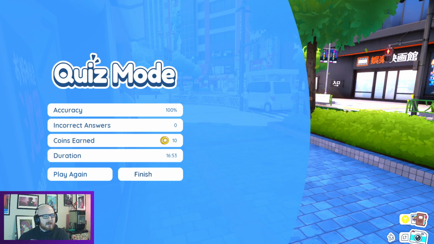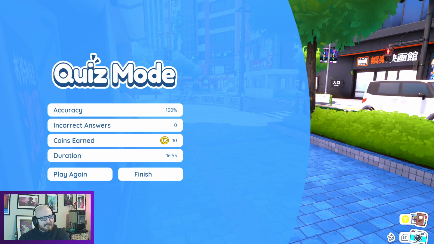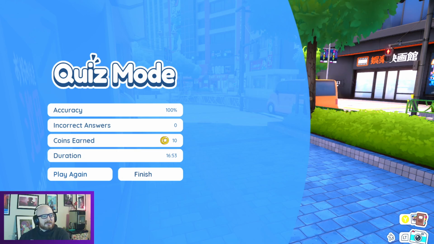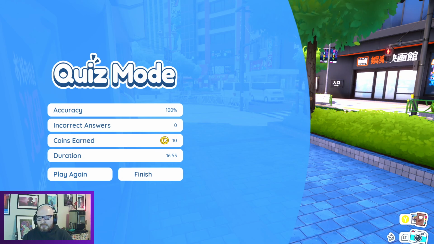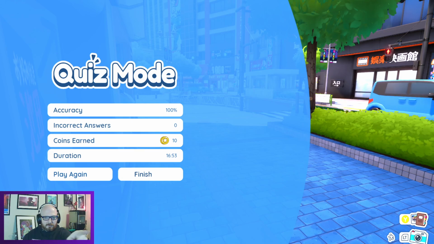Because this is just, I mean, is this the best way of studying Japanese? No. Is it a good way of studying Japanese? I think so. You know, if you're learning words by walking around a 3D environment and taking pictures of them, that helps ground them in reality. Because a lot of times when you're learning languages, your professors or your teachers will say, put sticky notes on stuff. So you can like point at it and be like,